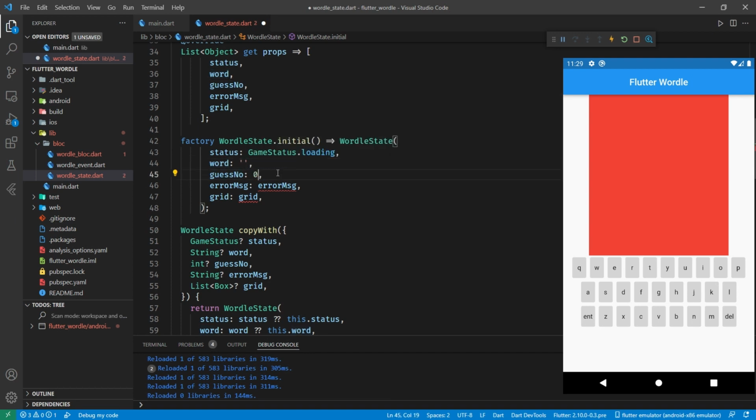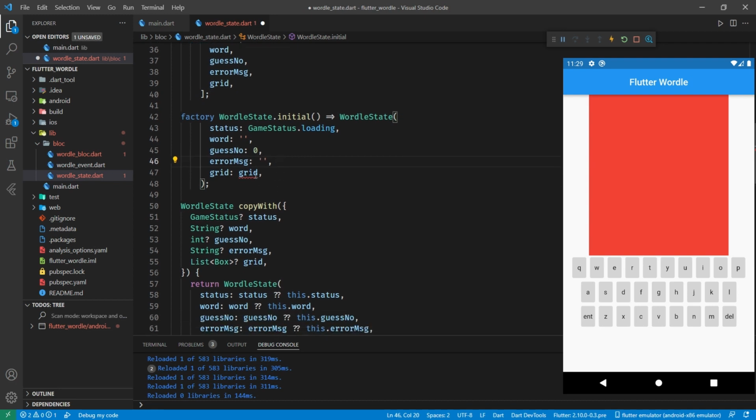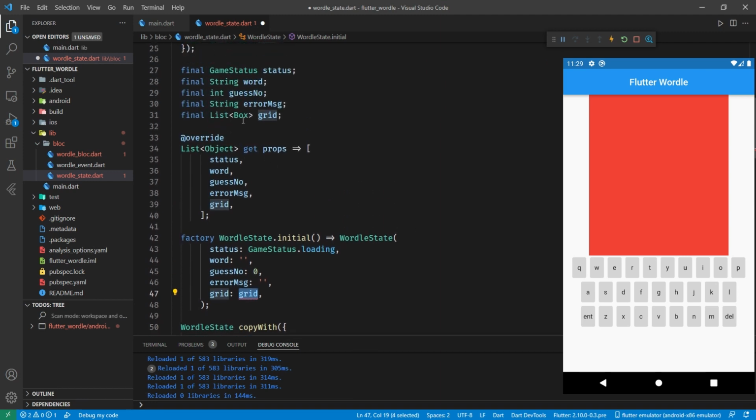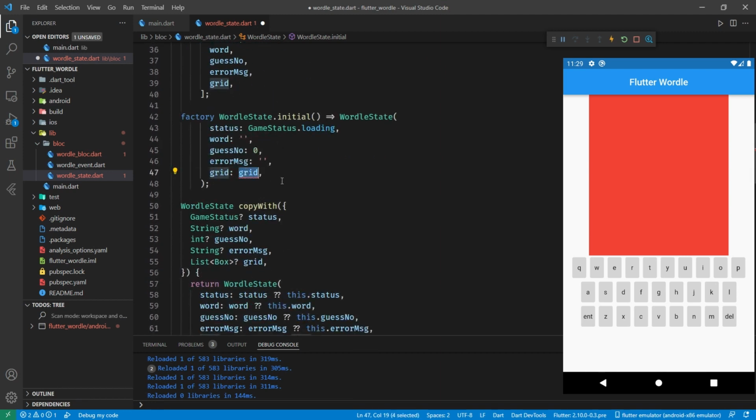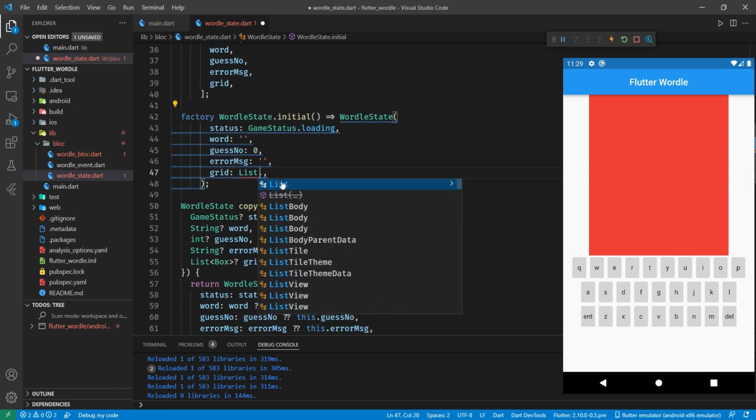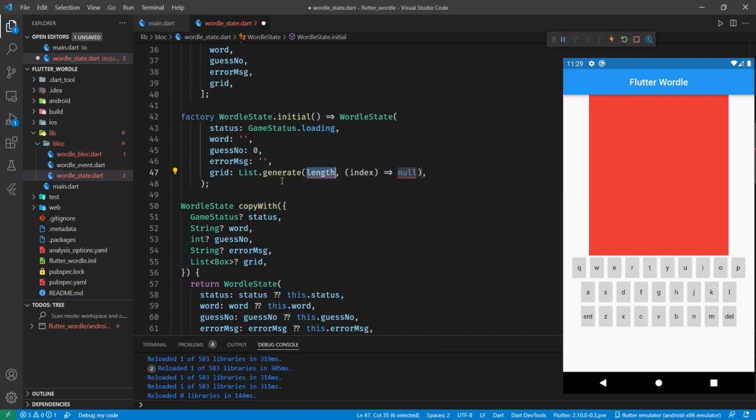Our initial guess number is going to be 0. Our initial error message is going to be blank because there isn't an error message. And then our grid we need to create. Now our grid is a list of boxes. So we're going to generate a list of 30 boxes, 5 by 6,